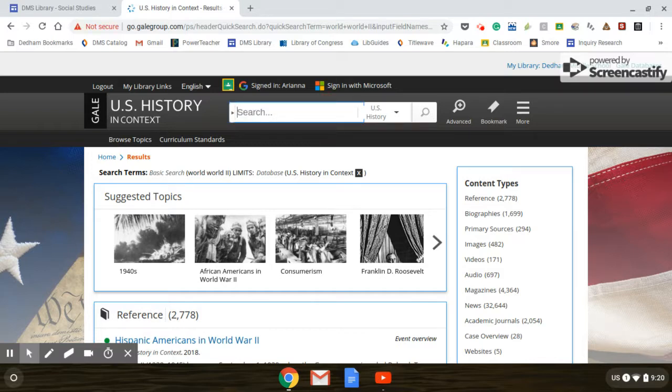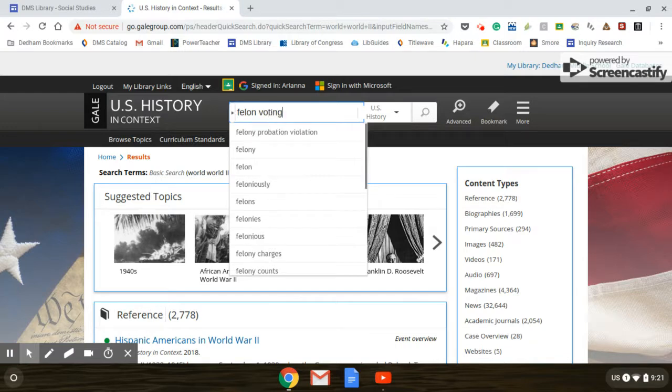But it's also really great for topics that just have to do with the United States in some way. And I think sometimes we don't think of the database like that. So like if I'm doing a search for like healthcare or the minimum wage or felons getting the right to vote, those are all events that are happening in the United States, and I could find information in this U.S. history database. So I'm going to do a search for felon voting